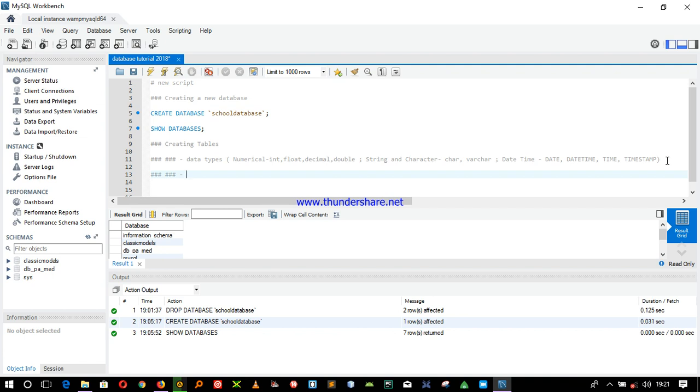So we'll start by creating the table department. So we say the table department, which is the attributes or the columns that describe the department itself. We have the department ID, which we call the DID. We have the department name, which we call the DNAME. Remember the names of the columns, and the names of the tables and the names of database should be one word.